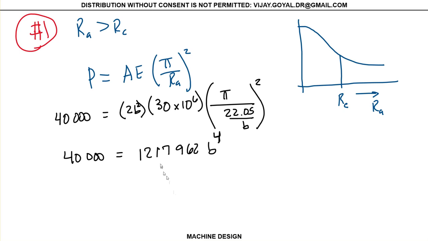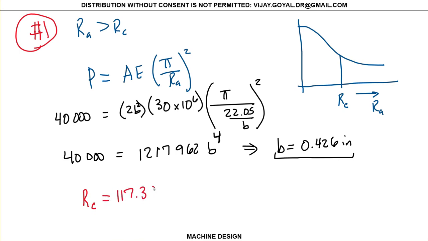And so we solve for b from this equation, and we find that b is equal to 0.426 inches. Straightforward, divide on both sides by this number and take the quartic root, square root of that. So then in the problem, I know that my RC was equal to 117.35, and my RA in the problem there, which I need to always check, you can see that would give you